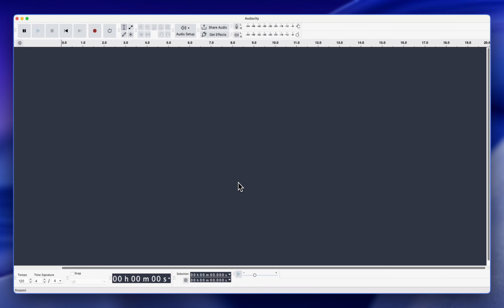Today I will show you how to change hertz in Audacity,